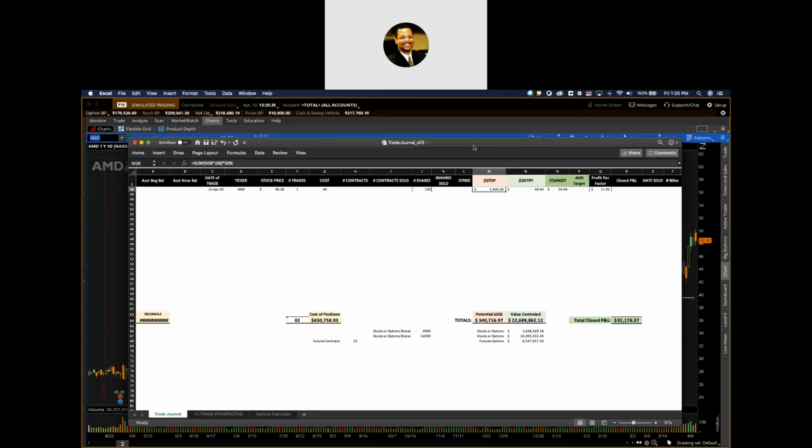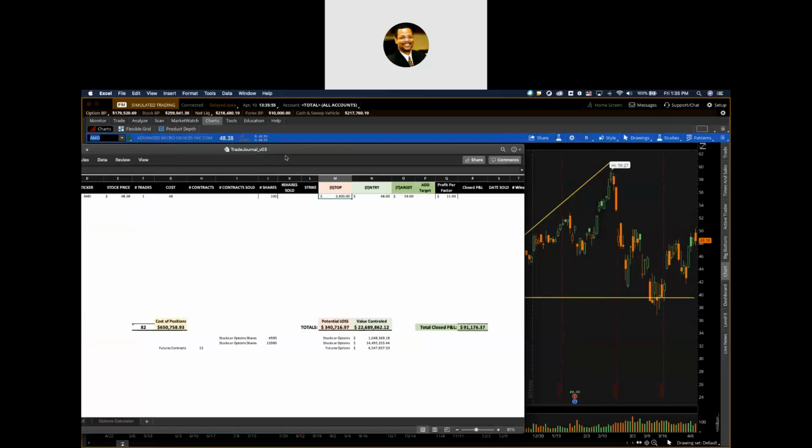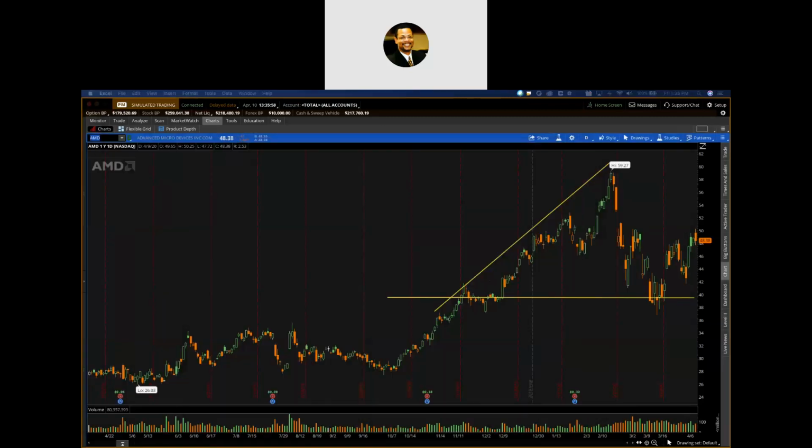And once again, if it's me, I'd probably put in another position at 39.50 just in case it drops back down to that line, and then I'll just add another 100 shares, and then instead of making $1,100, I make 2,200 bucks. It hasn't gotten there yet, but I'll look at that when I look at my positions periodically during the course of the months. So basically when I start talking about alerting, then you'll see that part. But for right now, I just wanted to do a setup, right?